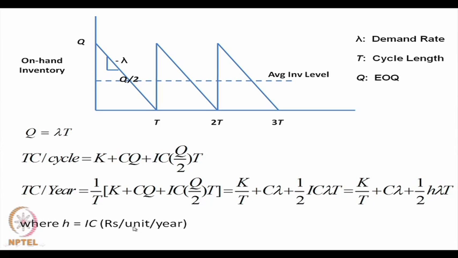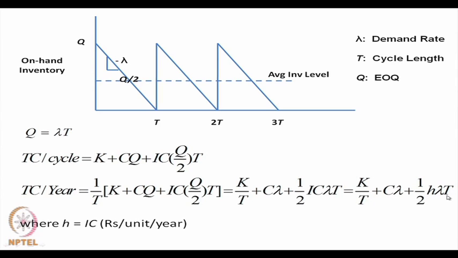So, this is rupees per unit per year, and this comes to K plus C Q plus I C Q by 2 into T per cycle. Now, per year it will be 1 divided by T, that makes it K by T plus C lambda plus